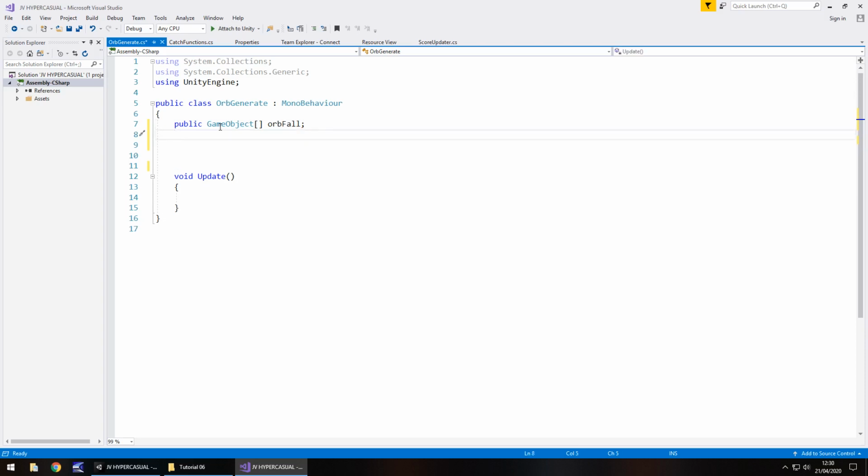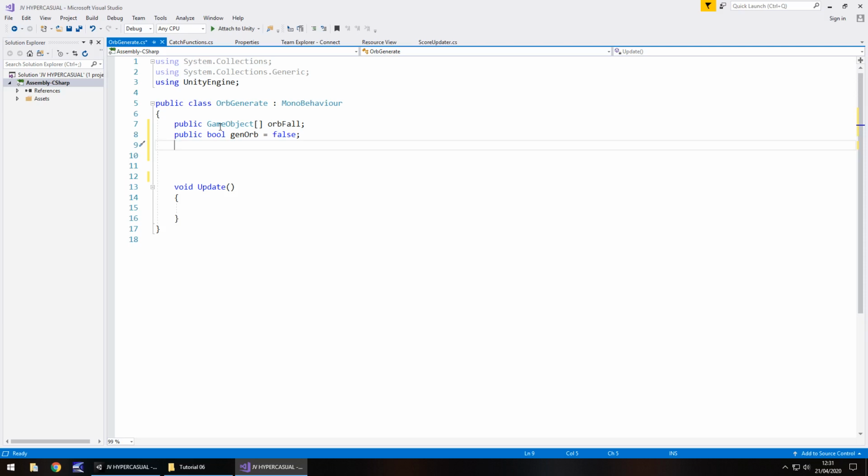Next we'll have another bool here, so public bool. And I'm going to have this one as gen, short for generating, orb, and we'll have that as false, semicolon. Next, we are going to have a variable which allows us to randomly generate a position, one of those 3 positions that we already know.